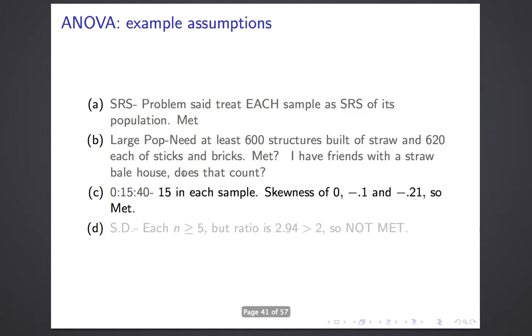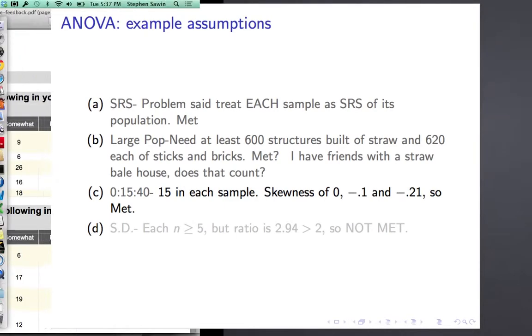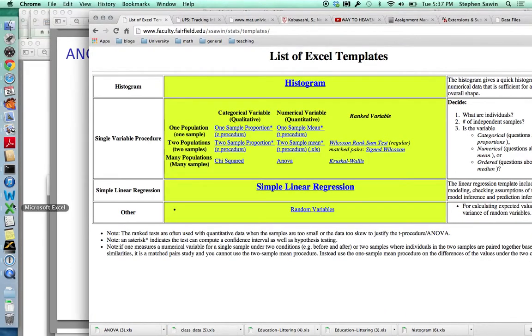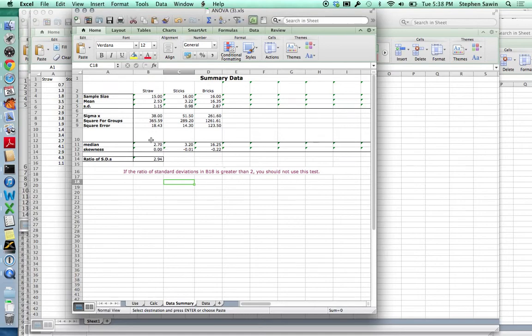0-15-40 rule. Each sample has just over 15 or 16. So in that case, we should check the skewness. So let's do that. In the data summary page, it tells you n, 15, 16, and 16, and down here it tells you the